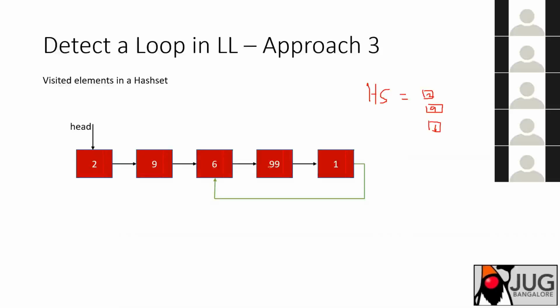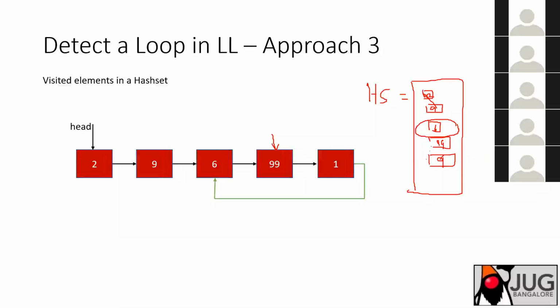And once you visited 99, you validate whether 99 already exists. If not, you add this 99 here. Then you visited 1, you check that 1 does not already exist in the hash set, so you add this 1 also in the hash set. And again you go back to this 6, because next of 1 is 6 here, so you check whether it already contains it or not. Because this node is already contained in the hash set, and the property of a hash set is that it takes unique values,